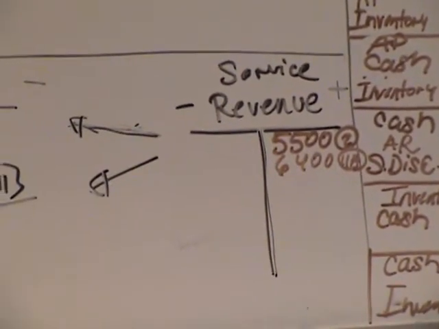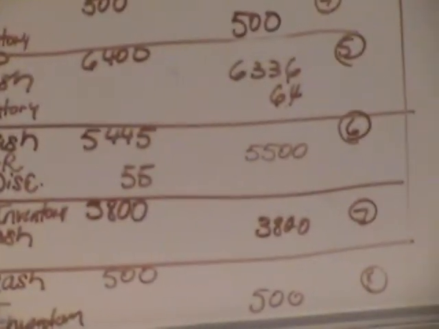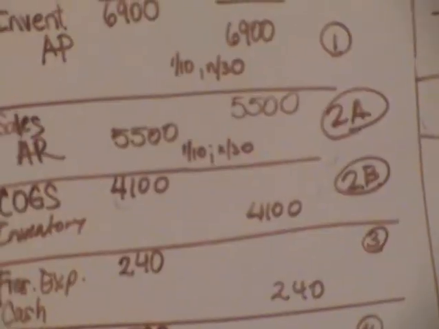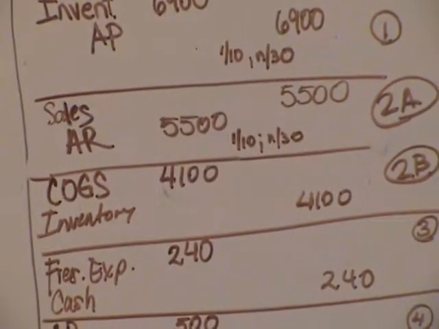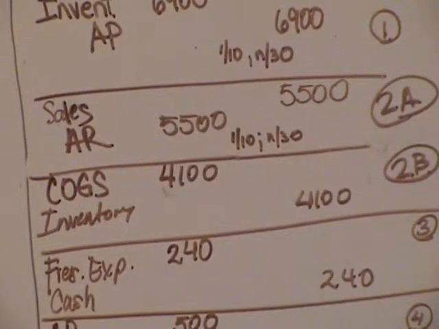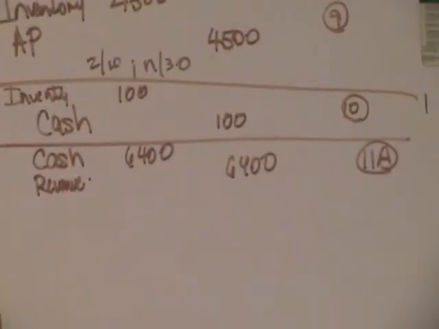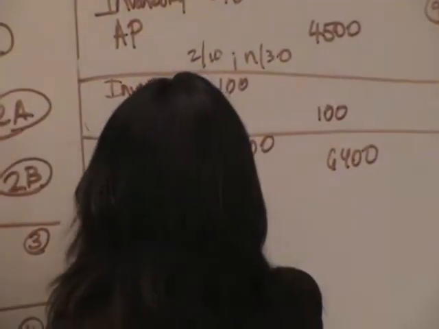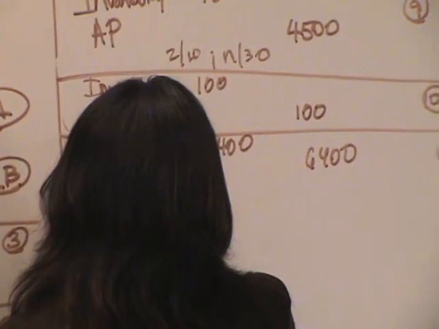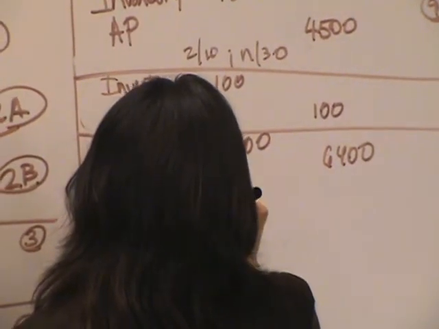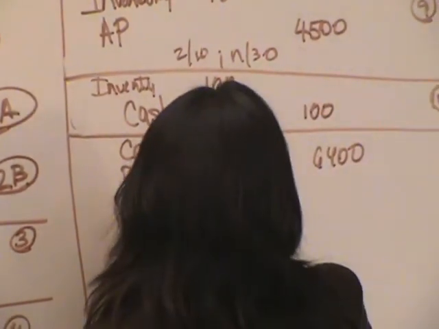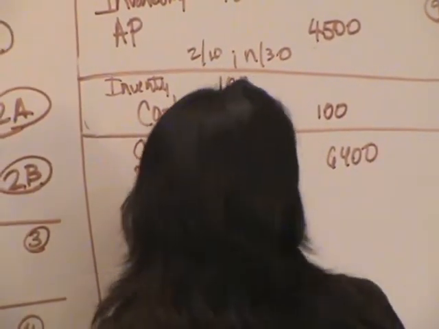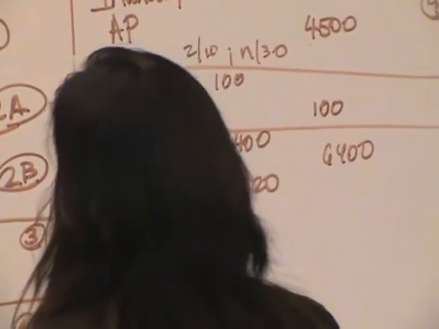Beautiful. Okay. Now, entry 2B, entry B here, we're going to recognize the cost of goods sold expense. The merchandise sold had a cost of 5,120. Okay, 5,120 for cost of goods sold expense. Expense carries on what side, Angie? On the debit side, that's right, on the left side. 5,120 was it? Yes. That's right.